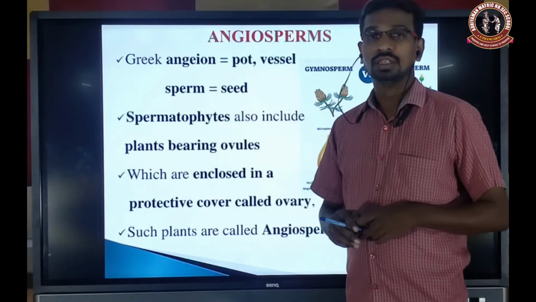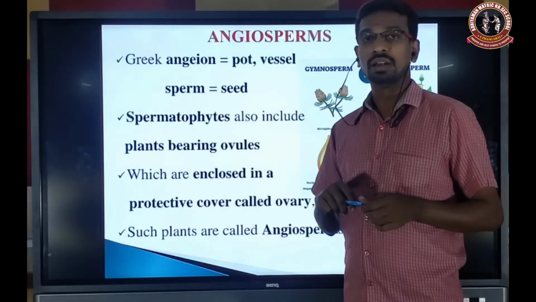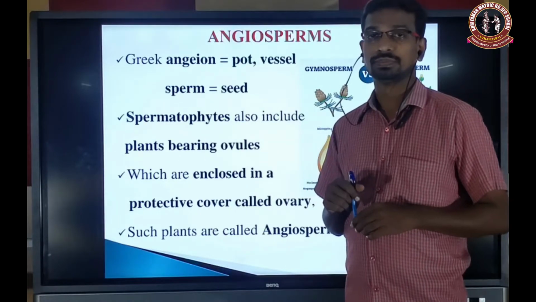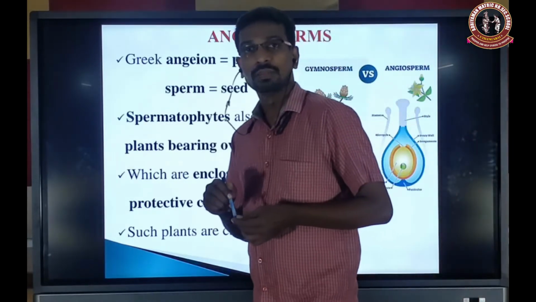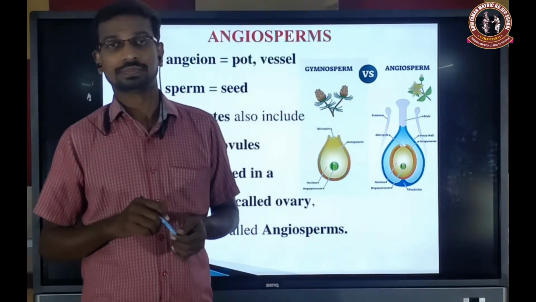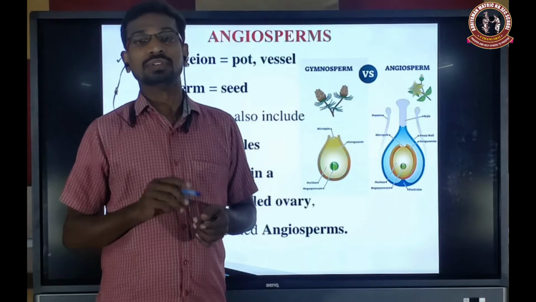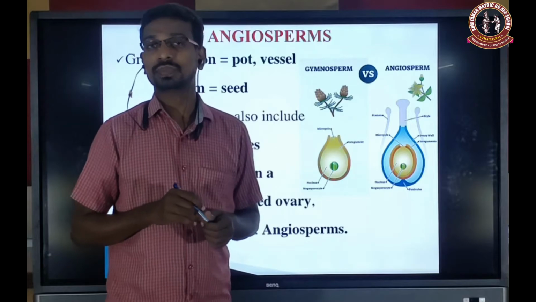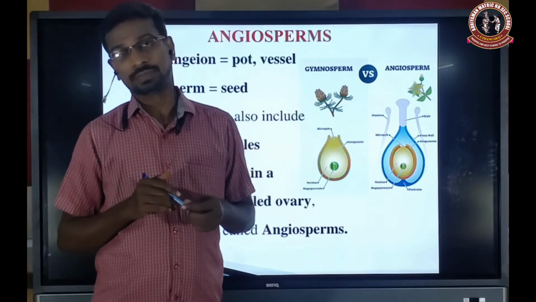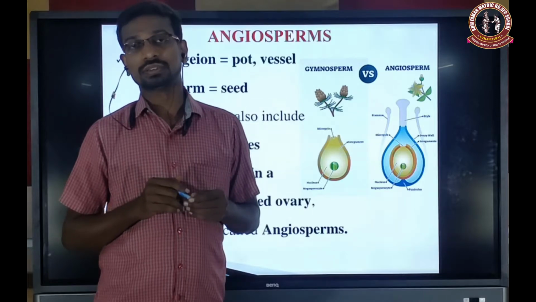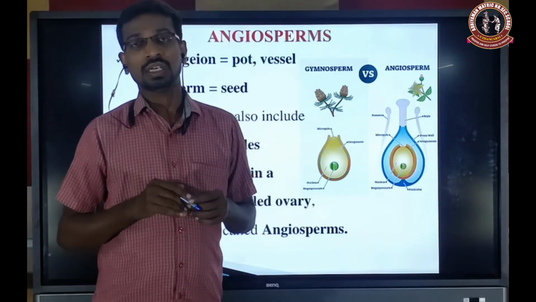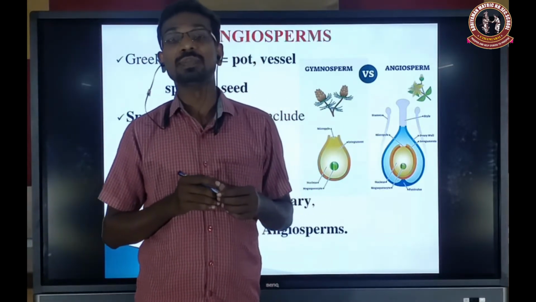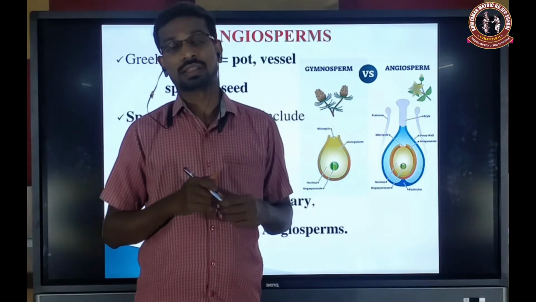Angiosperm. So once again, the angiosperm comes under Spermatophyta or Phanerogams, the flowering plants. Cryptogams are non-flowering plants: the algae, bryophytes, pteridophytes. These all come under the cryptogams, non-flowering, non-seeded plants. But the gymnosperm and angiosperm come under the Phanerogams, flower producing or seed producing plants.